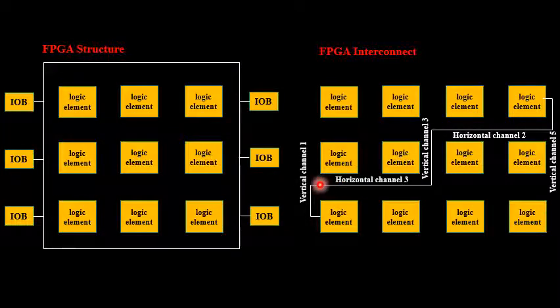Either it can be horizontal-wise or it can be vertical-wise. So if you see, it is just an array of logic elements arranged in an organized manner. These are called the channels. So it will be organized logically into either channels or other units. Depending upon the distance between each individual combinational logic block or logic element to be connected, we can make use of several distinct types of interconnects.